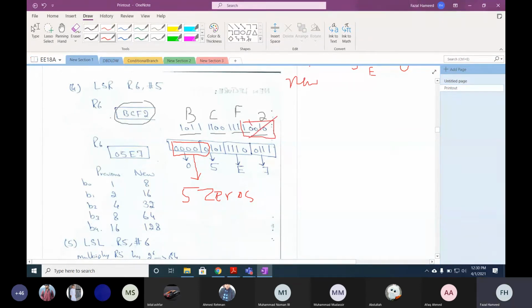This will be removed. When it's removed, it means that the new value will be 1011, 1011, then 1100, 1100, and so on. If you look at this content, how many zeros are inserted from the right? So 1, 2, 3, 4, and 5. So now this is the new data.